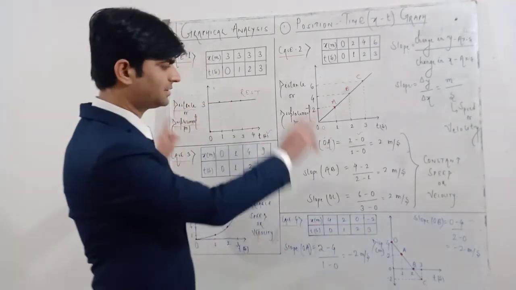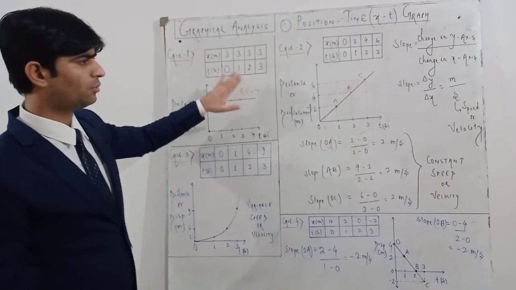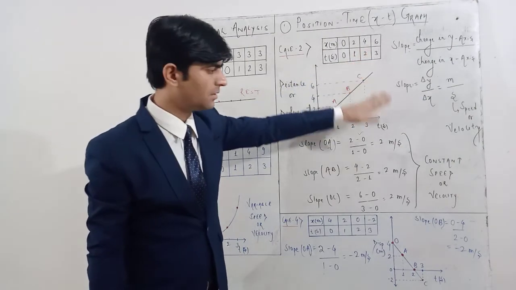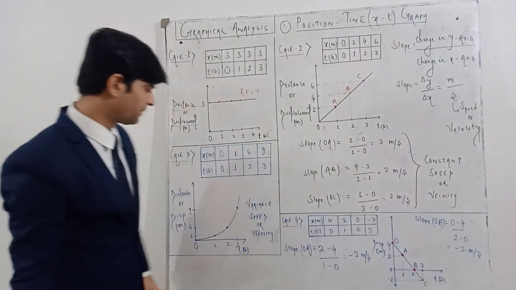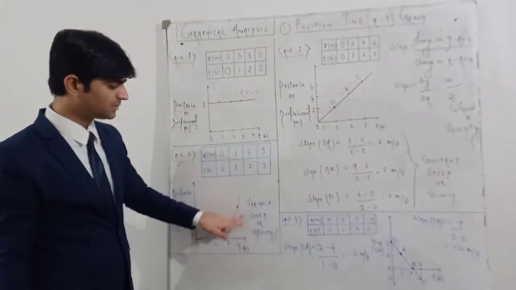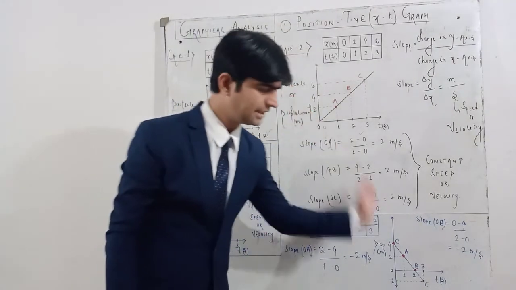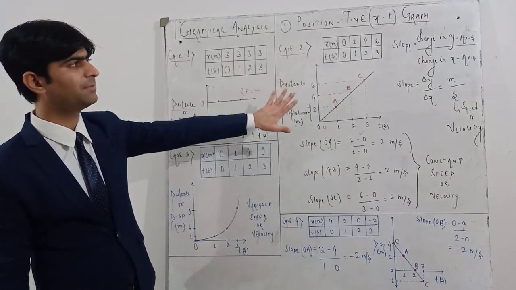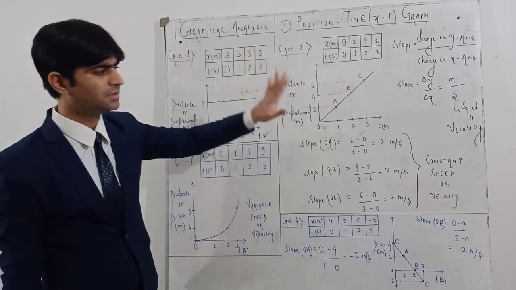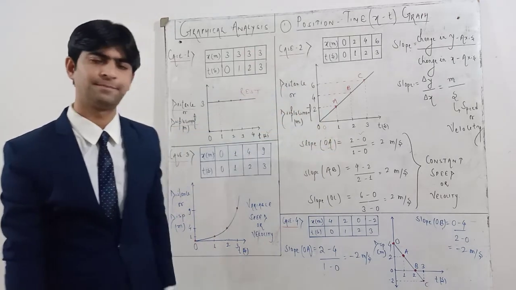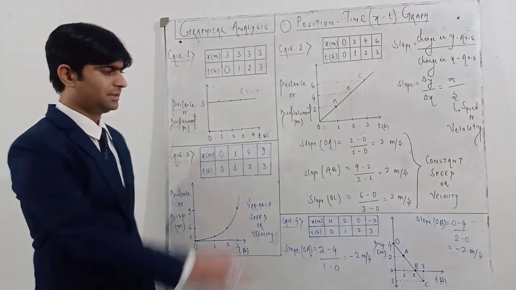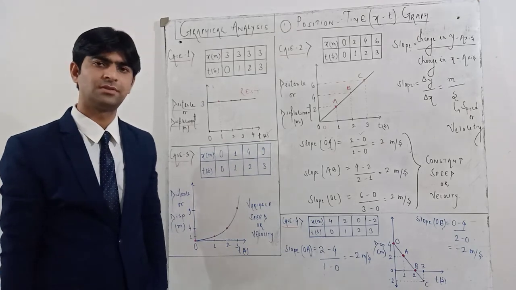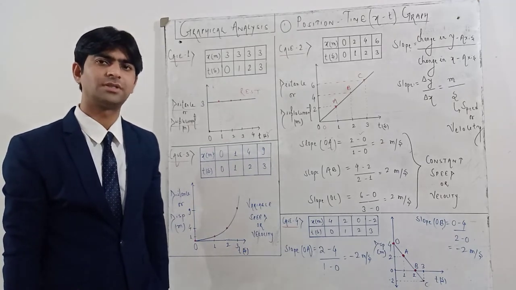So these are the 4 cases: parallel to the time axis, body at rest; straight line passing through the origin, constant speed or constant velocity; curved graph, variable speed or variable velocity; decreasing graph, negative velocity; and slope of a distance time graph or a displacement time graph gives speed or velocity. Okay, so I think this is very much clear to you. Next portion we will discuss velocity time graph or speed time graph.